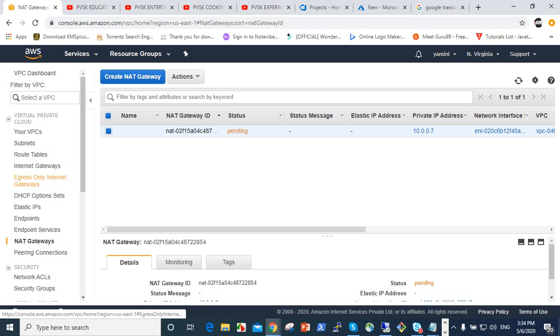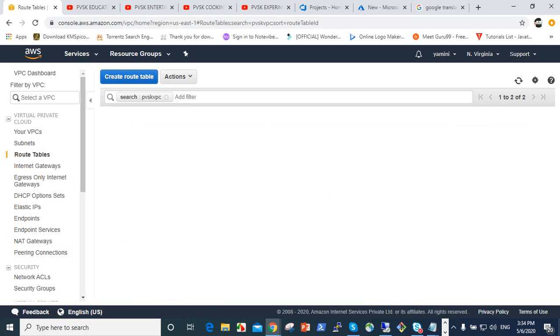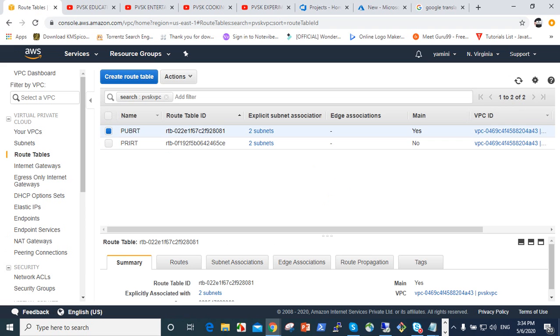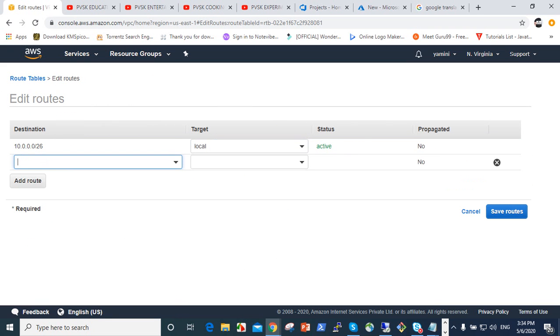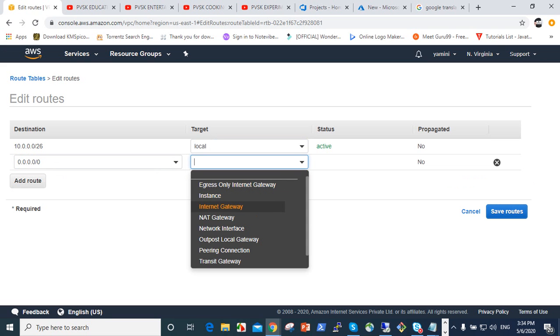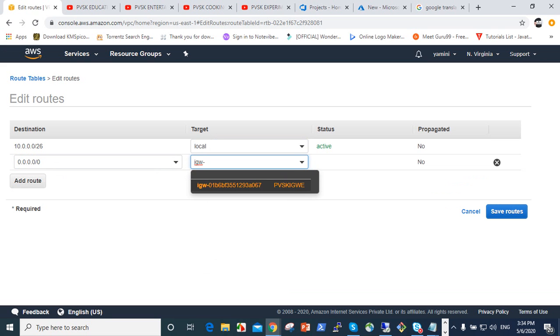So go to the route table. We know that here there are public and private: public subnets use the internet gateway only, private means NAT. So select the public route table, go to the routes below, and edit the routes. Add here 0.0.0.0/0, so full traffic, and here select the gateway. We already created the gateway, this naming convention IGW.